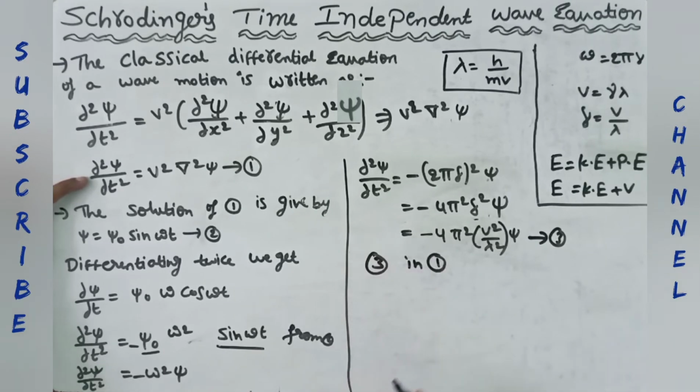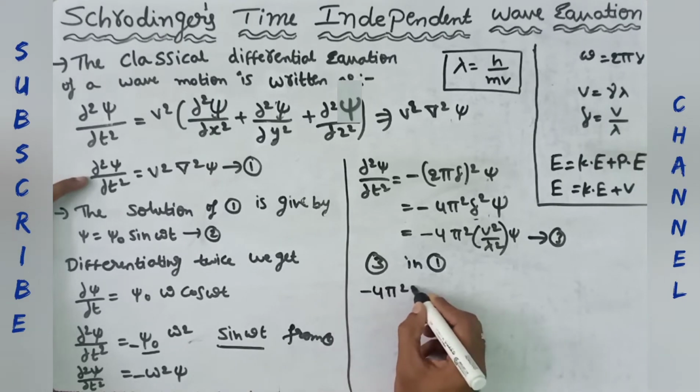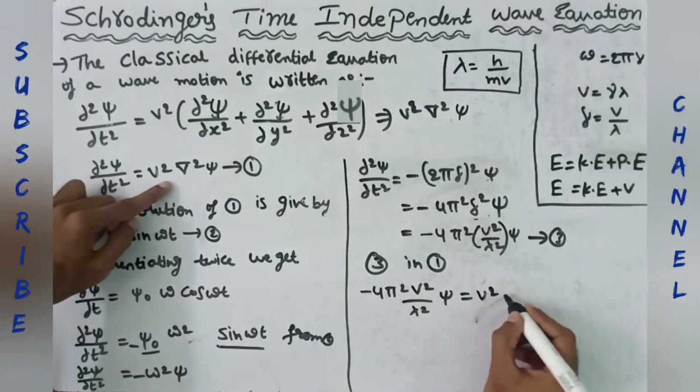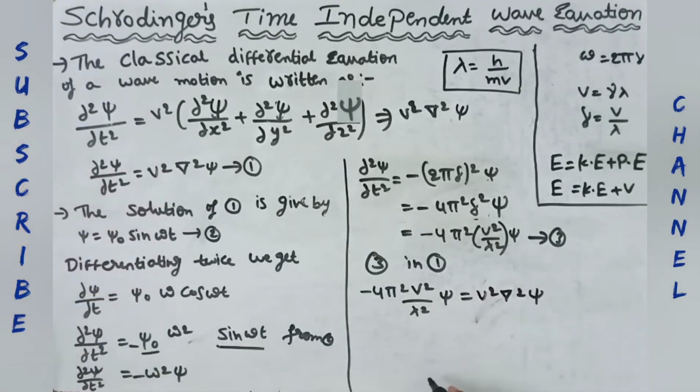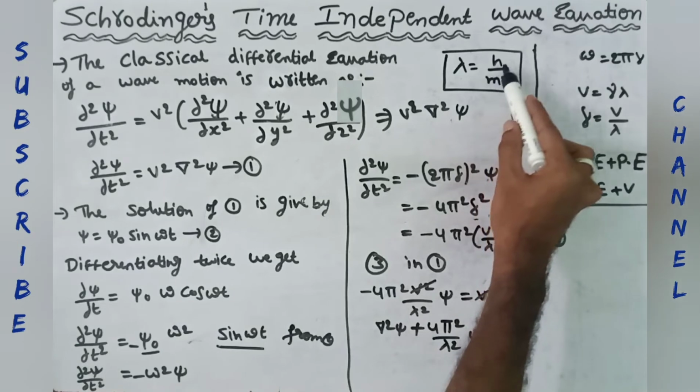Substituting 3 in 1, we get minus 4 pi square v square by lambda square phi is equal to v square del square phi. We cancel v square on both sides and take the left hand side terms to the right hand side. We write the equation as del square phi plus 4 pi square by lambda square phi is equal to 0. Now in this equation, de Broglie's lambda value,